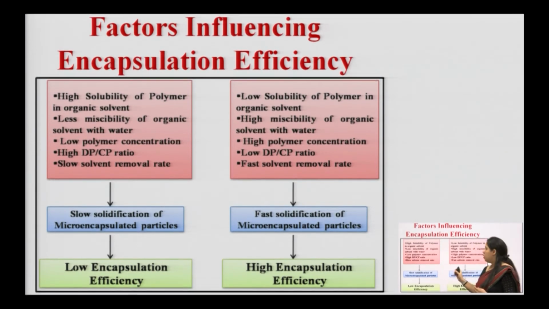These are the parameters like high solubility of polymer in organic solvent, less miscibility of organic solvent with water, low polymer concentration, high DP-CP ratio, slow solvent removal rate will lead to slow solidification of microencapsulated particles, which finally results